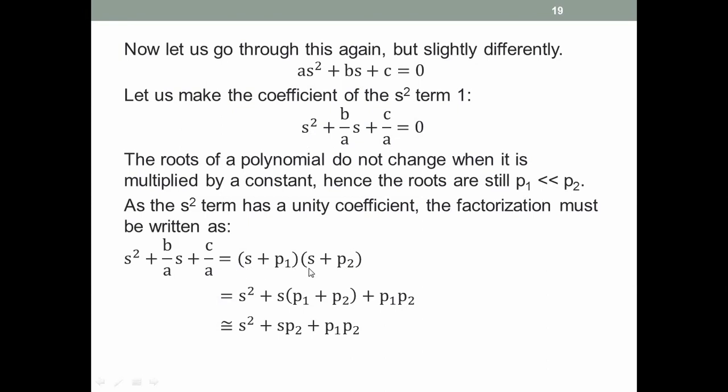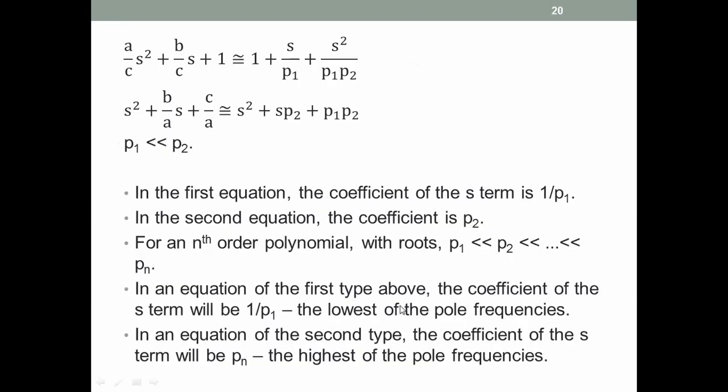S plus p1, s plus p2, because the coefficient of the s squared term is 1. So we have to write it in this form, only then will this match with this. So we say this, and then this is s squared plus s into (p1 plus p2) plus p1 p2. Then we say, well, p1 is much less than p2. So in this s term, p2 will dominate. So we'll get s p2 plus p1 p2. And then we can make the approximation again that this is equal to this, and then